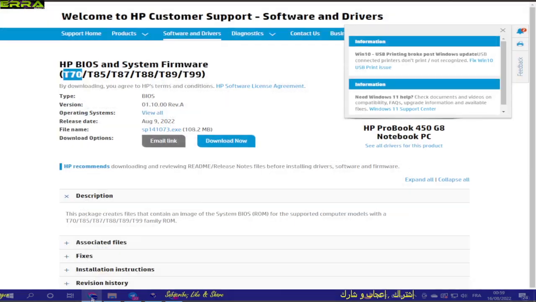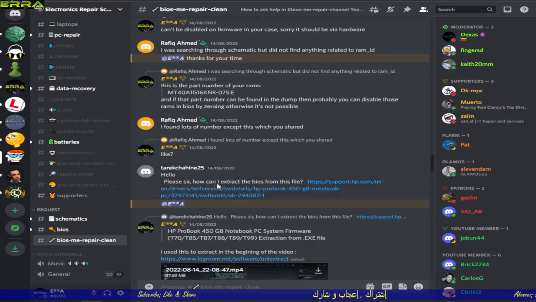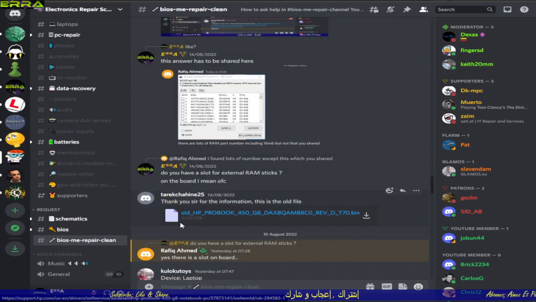So the requester, as we need the original dump for comparison, because we have to use it to extract the BIOS region from those extracted files,